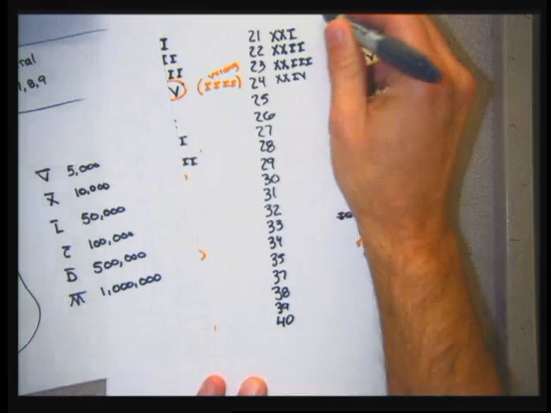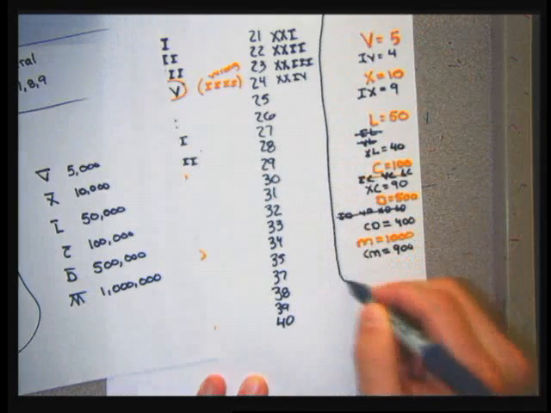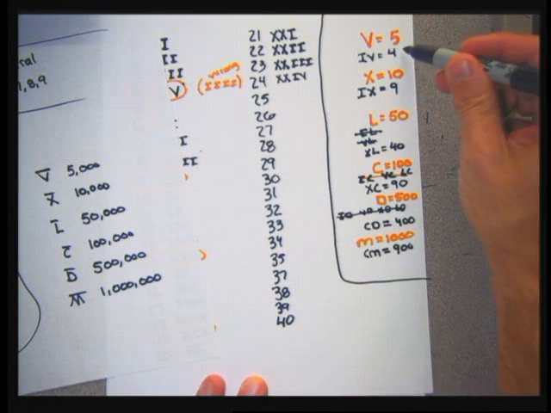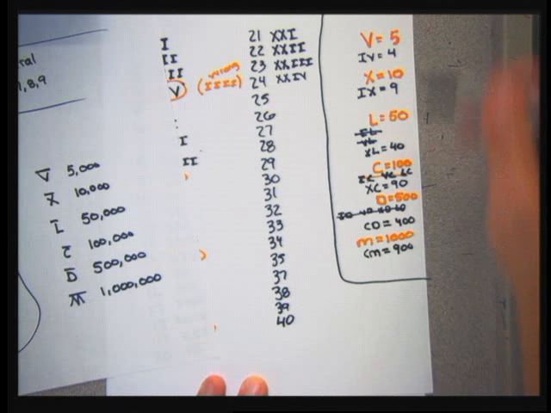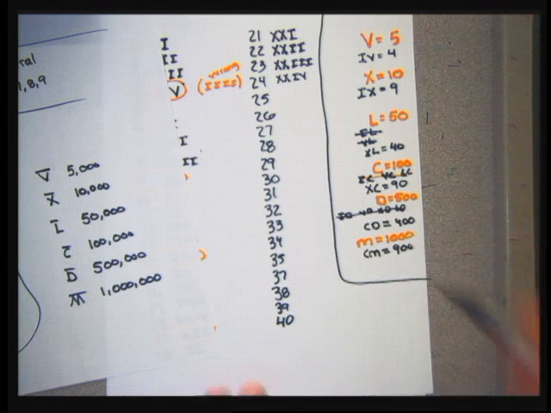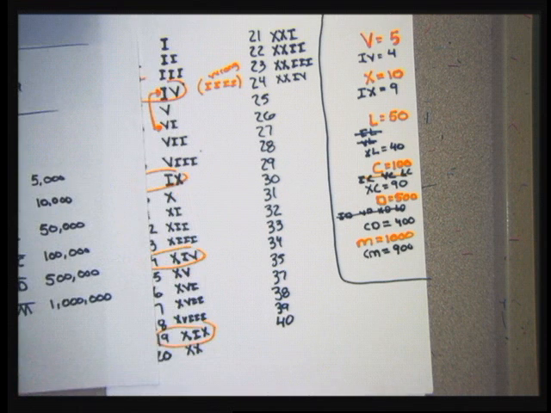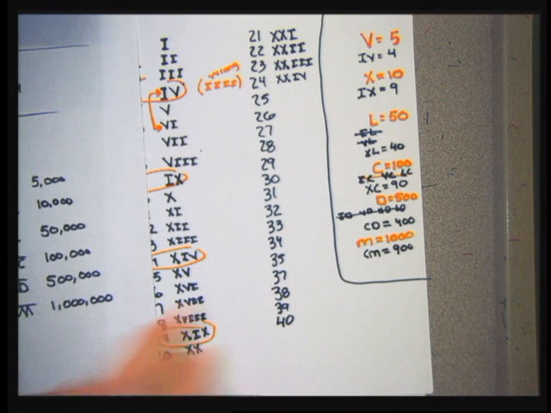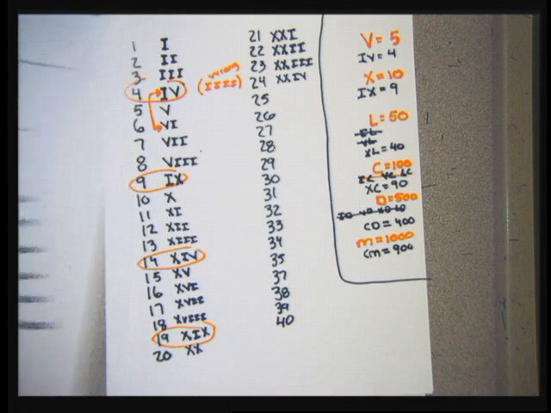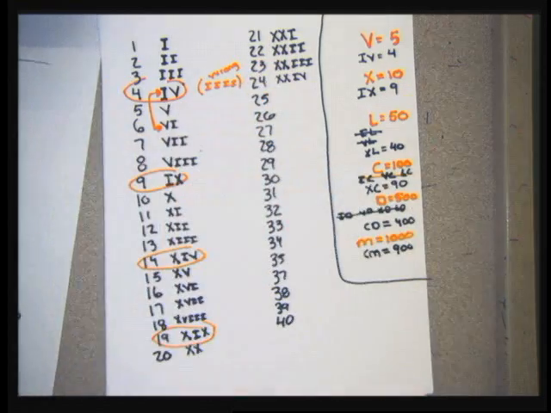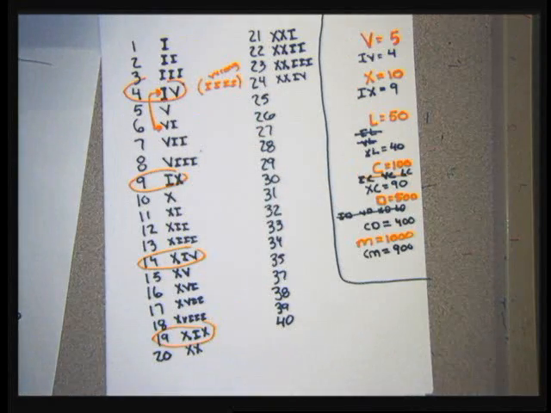So when we have the need to write a number with a 4 or a 9, you'll see that all these 4, 9, 40, 90, 400, 900, it's going to require me to write a smaller number to the left of a bigger number, and there's only certain combinations that the Romans allowed. They kind of had rules that I'm not completely sure of all the rules, but I can write down lots of Roman numerals, and I know what some things they can't do. So getting back to my list here,